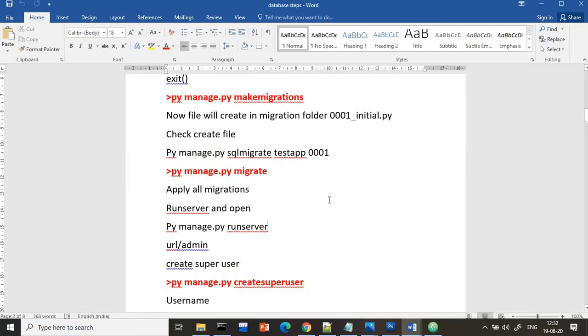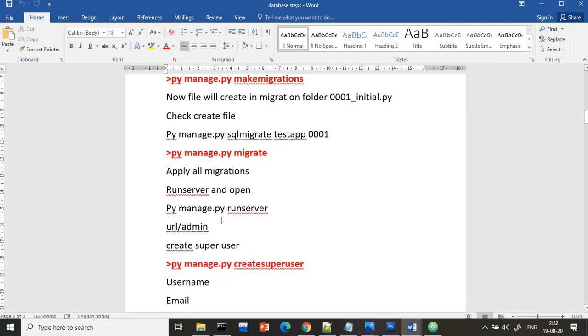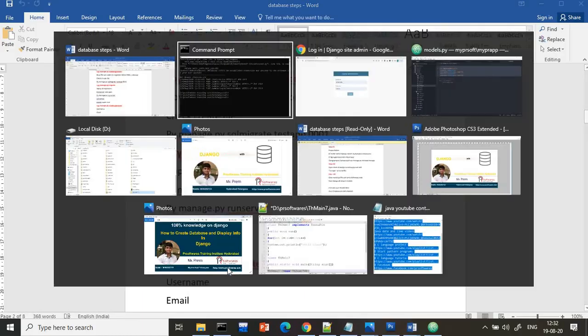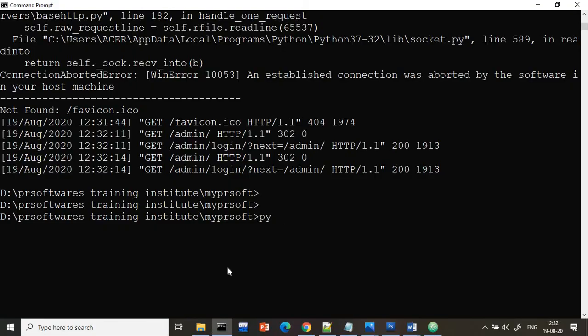The command is py manage.py createsuperuser. I am writing py manage.py createsuperuser, because for the superuser we need to give the username and password, which we have to create.